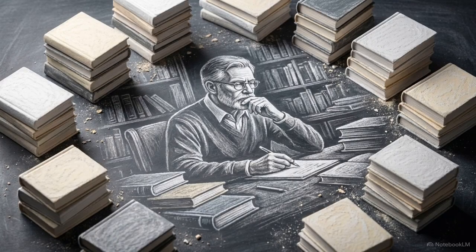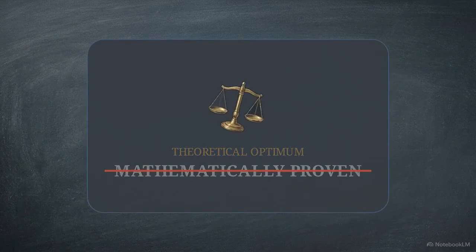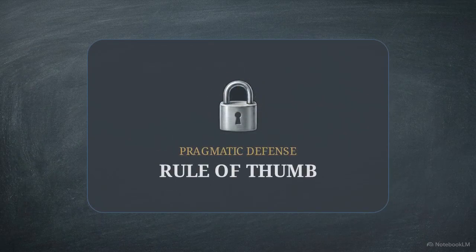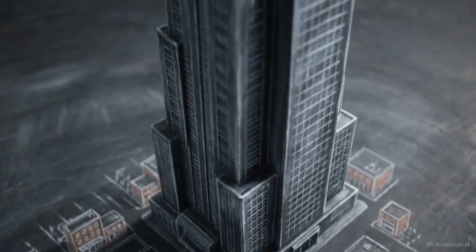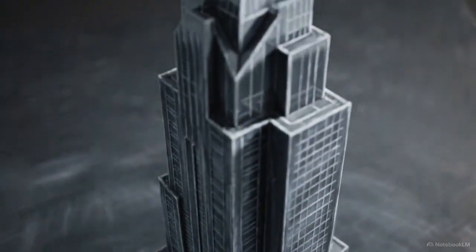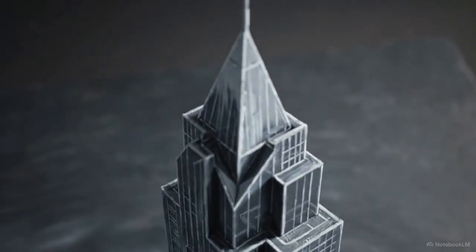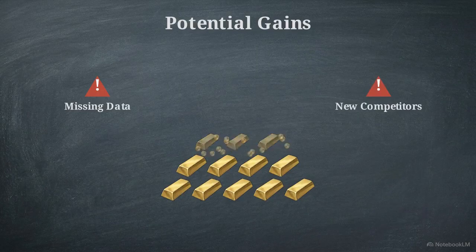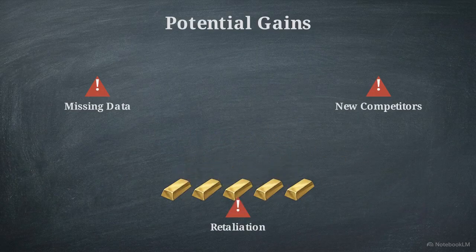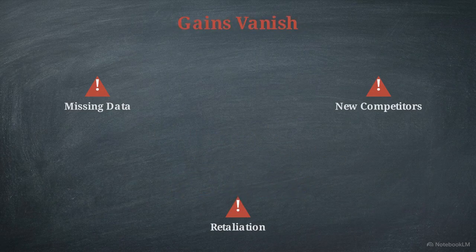Krugman concluded that free trade could no longer be defended as a perfect theoretical outcome. It had lost its status as the single, mathematically proven policy for every market. In a modern economy dominated by giant oligopolies, theory can no longer guarantee that free markets will lead to the most efficient results. But when governments account for missing data, new competitors, and the high probability of retaliation, the potential gains from intervention tend to vanish.